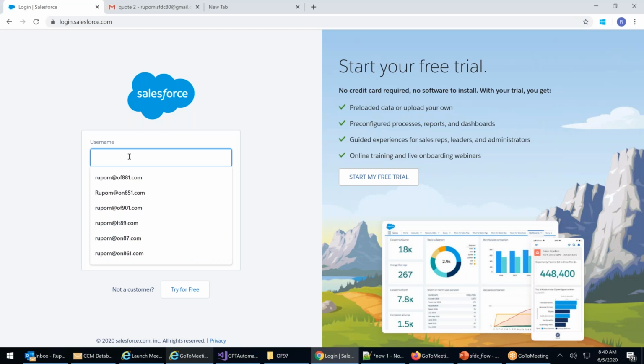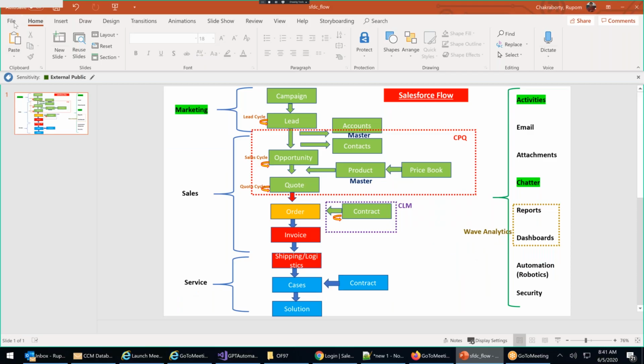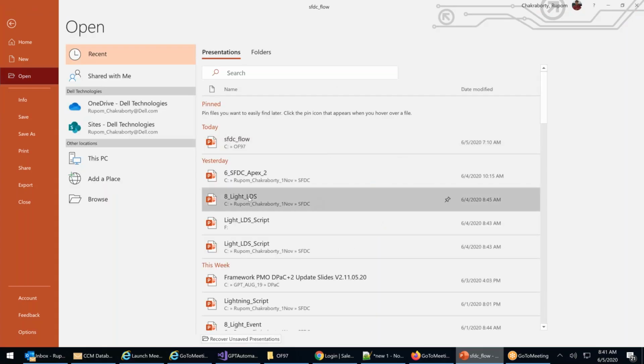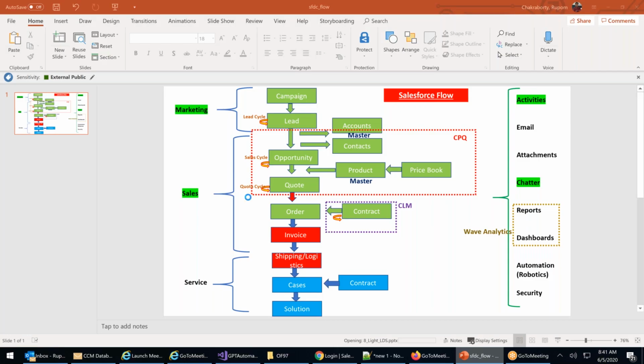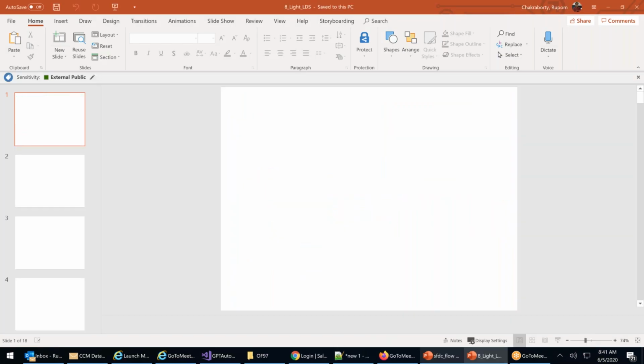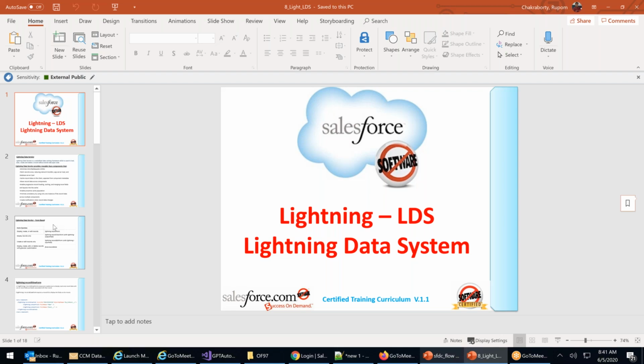So, right, last class we started LDS programming. You have seen that there are 4 methods available in LDS programming, right? So, there are 4 methods available in LDS programming.